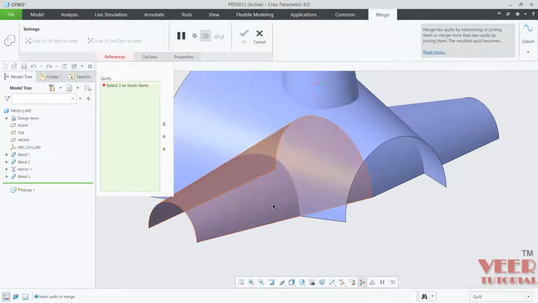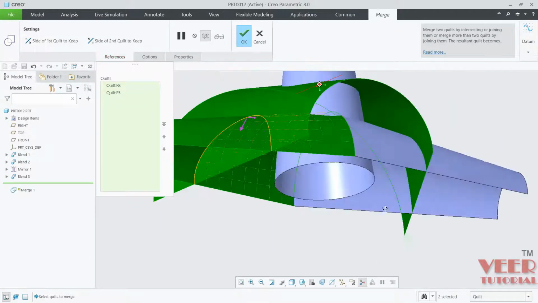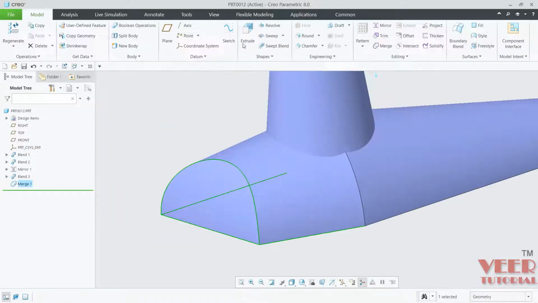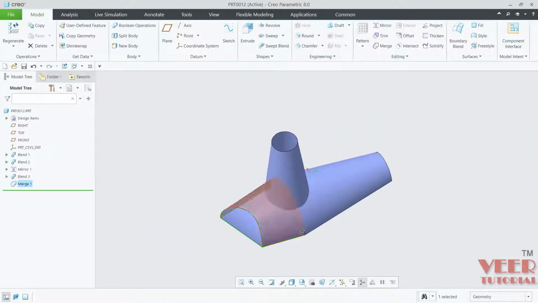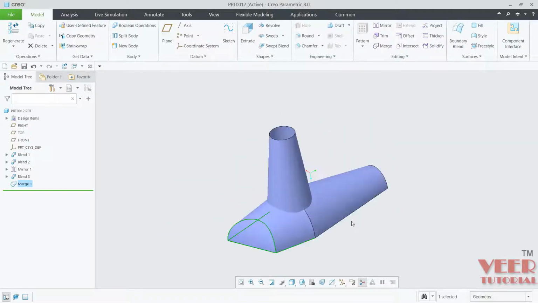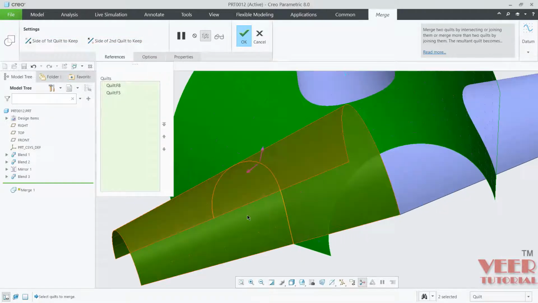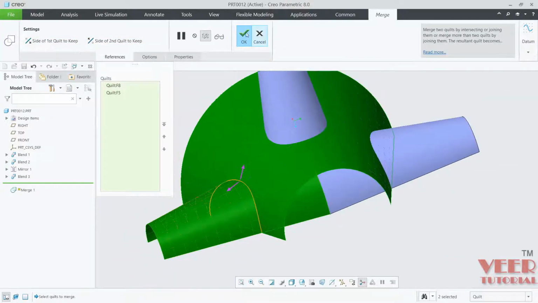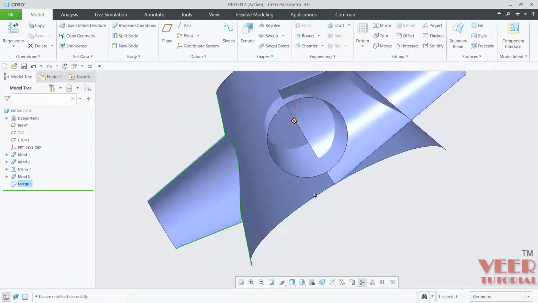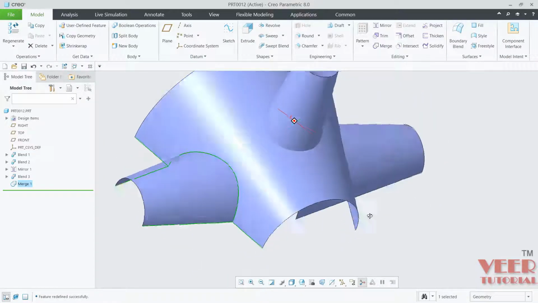Here select the first surface, hold down the control key and select the second surface. So if I directly click OK, you can see the extra part is going to trim. But we don't need this type of trim, so I will go to merge once again, go to edit definition. Here reverse the direction and also on the side to reverse the direction. So where the checks are showing, it will be kept. Click OK. Now you can see the inside part is trimmed.